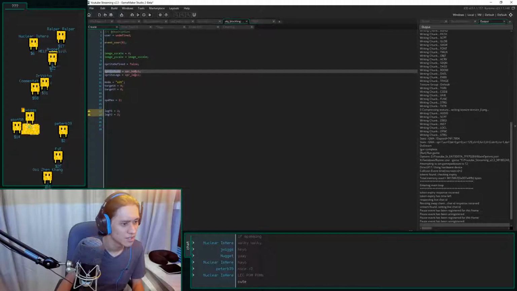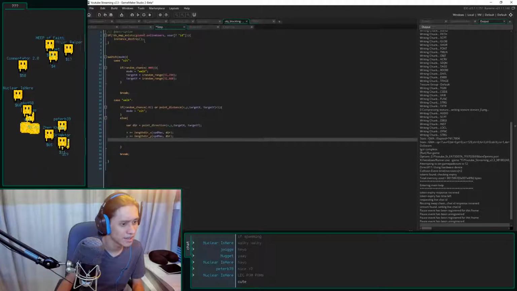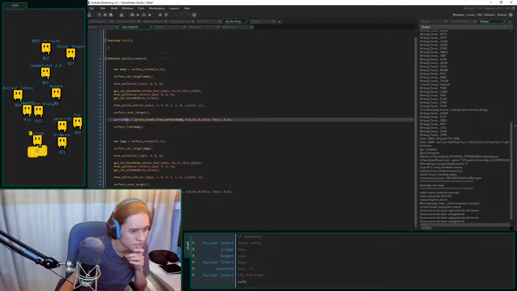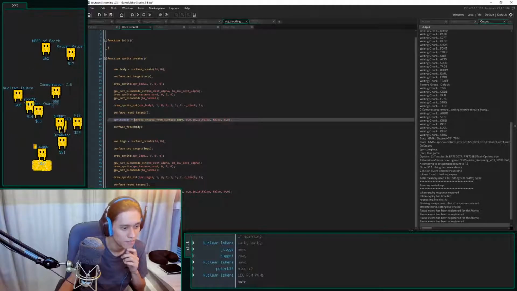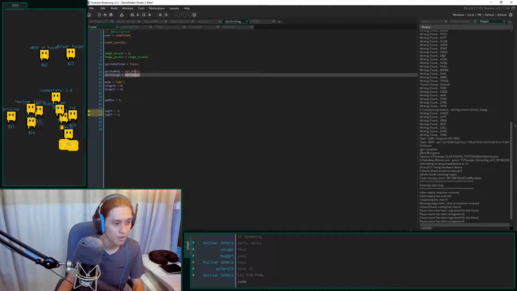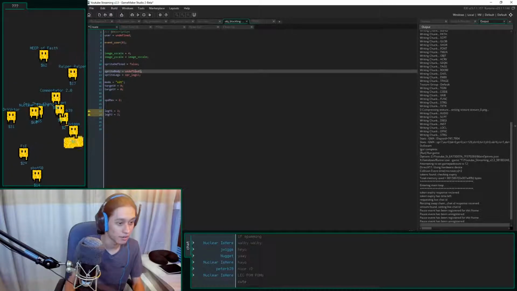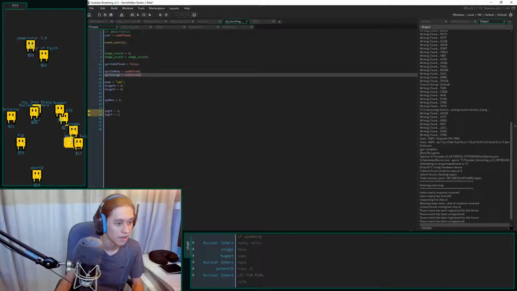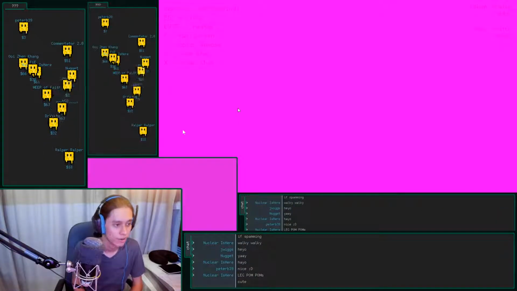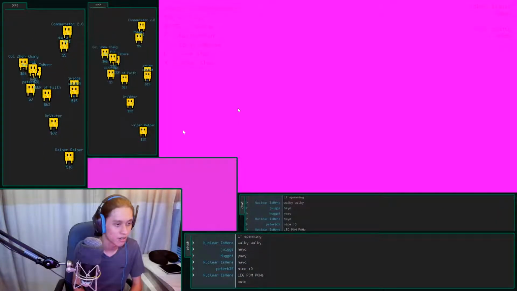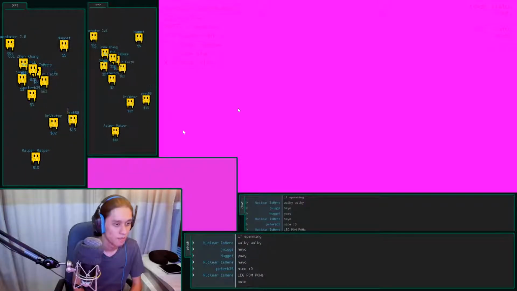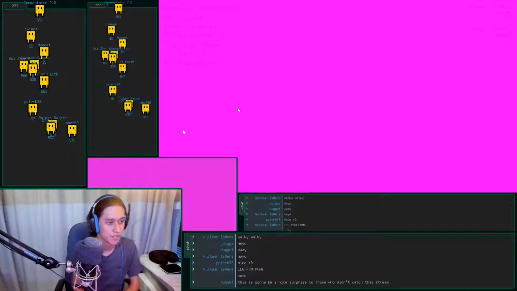Okay. Sprite body equals that. Sprite legs. Am I redefining it for some reason? You know what? Then we'll just do undefined here. I think that might be the issue. Let's try this again. I guess I have to wait a little bit for someone to despawn, and then we'll see if that works.